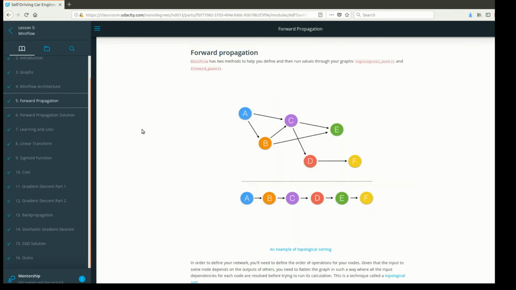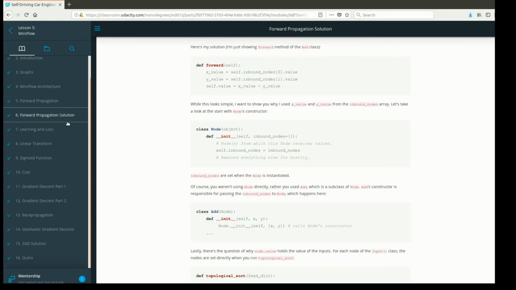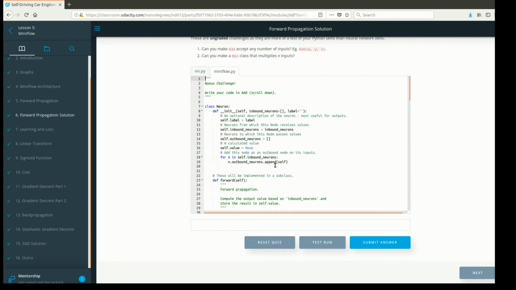You start with forward propagation, and so you learn a little bit about how to propagate information and calculations through a network of nodes and edges. You actually implement forward propagation in code, and there's a quiz where you do that. You learn a little bit about